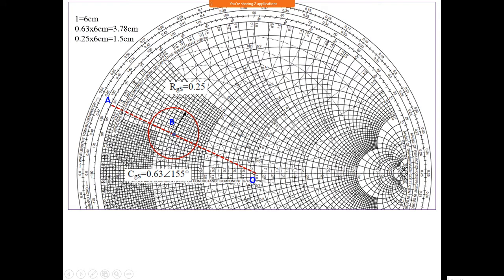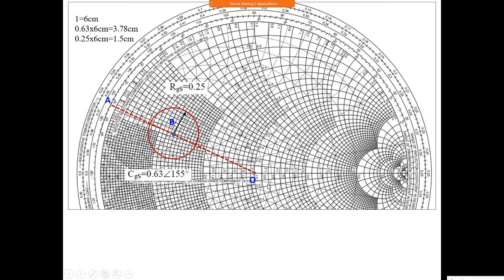155 degrees means, see, this is 0 degrees, all of you know this, and you move like this. Here is 150. I think it's visible to you or not. 150 is here. This point is 155. Here 150, here 160, in between that 155 is there. Okay, this is the point.